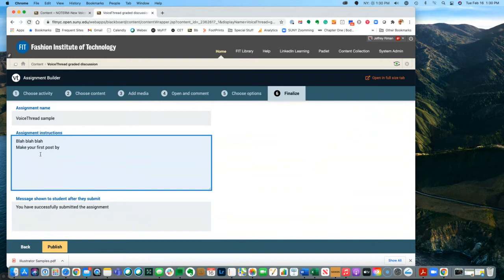You don't have to be precise, just say around February 19, and then reply to 2 others at well-spaced intervals of at least 1 day, by February 22. Just making this up.